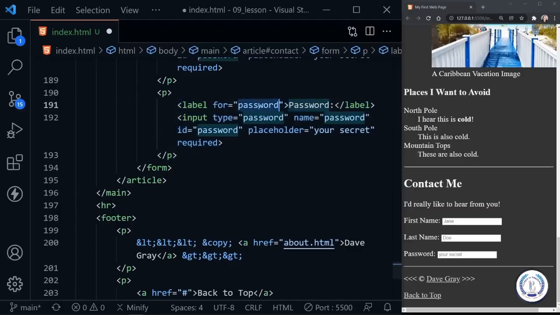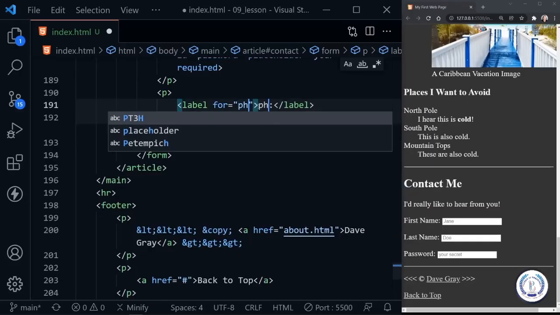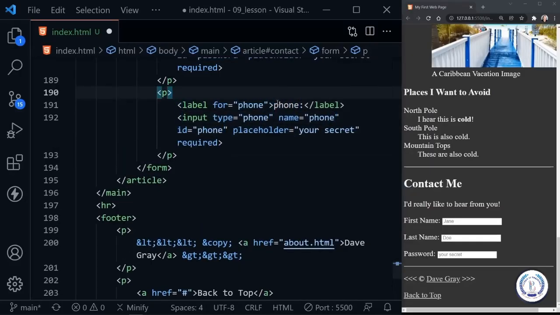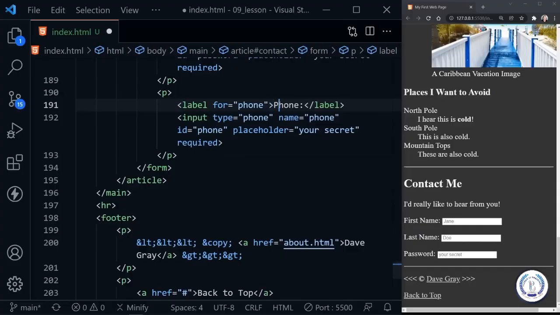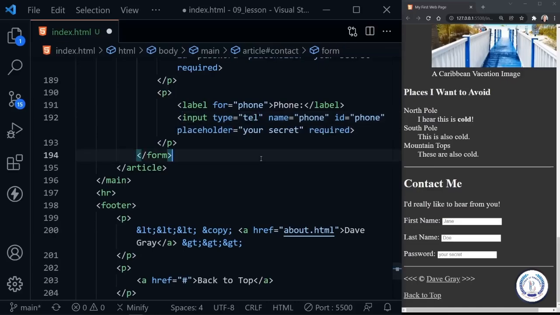Let's say this is a phone number. So I'll once again select, well, I just wanted the 3, but it's going to change 5 now because we had password in there so many times. So we can change the label to have a capital P. This is not a type phone though, that doesn't exist. However, type tel does, which is short for telephone. So we'll leave the for attribute on the label, the name attribute, and the ID attribute values all to phone, all lowercase. For placeholder, let's give an example here, and I'm going to put